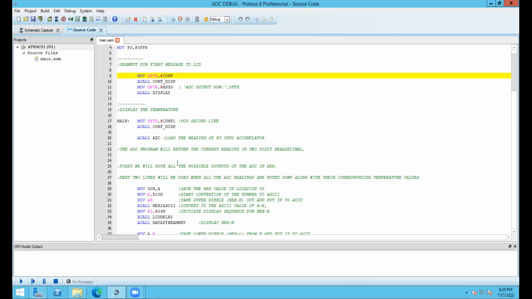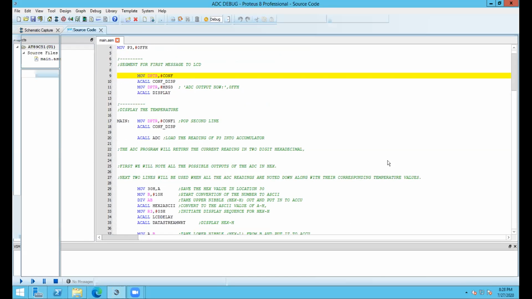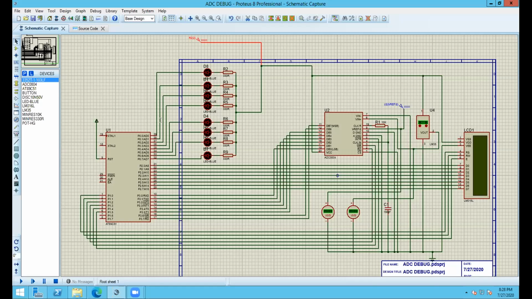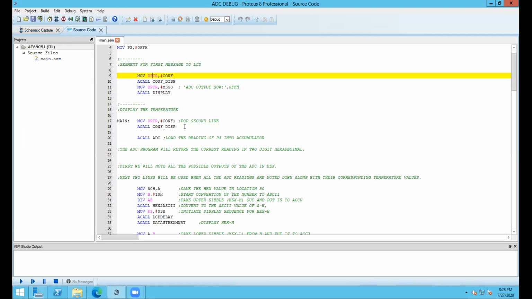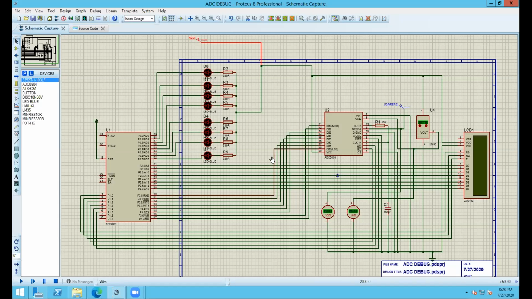So what the program that I have written for this circuit will actually do is pull the data from the output of the ADC and show the corresponding data on the LCD screen, and the same data will also be displayed by this LED array.